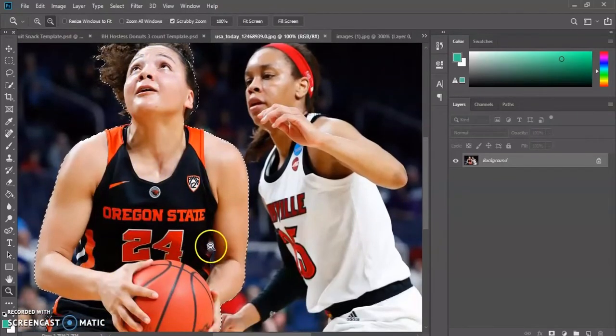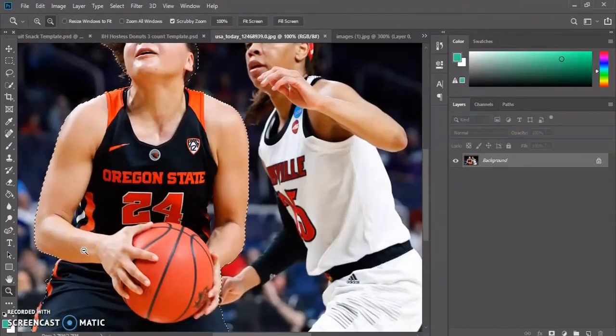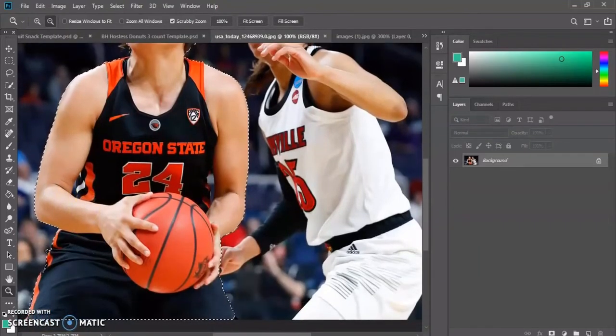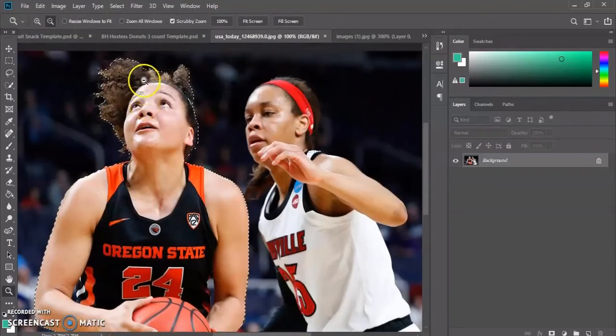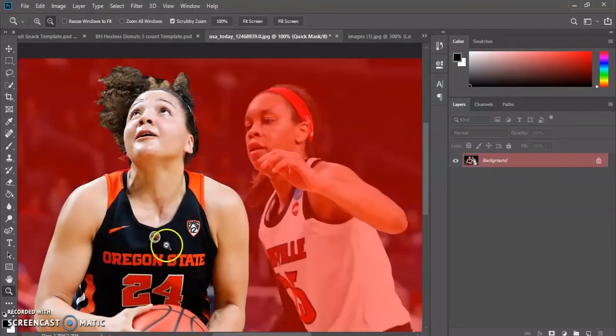And also, I don't want to bring in these parts of her arms. And so the way we're going to get rid of that is, what we're going to do is just hit Q